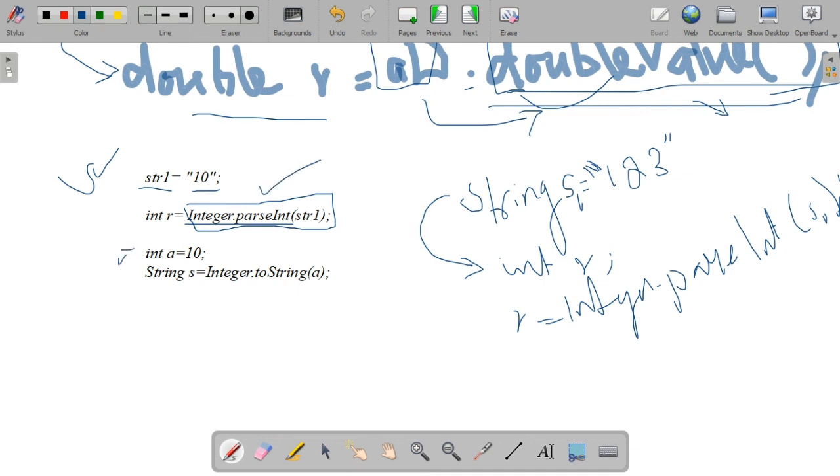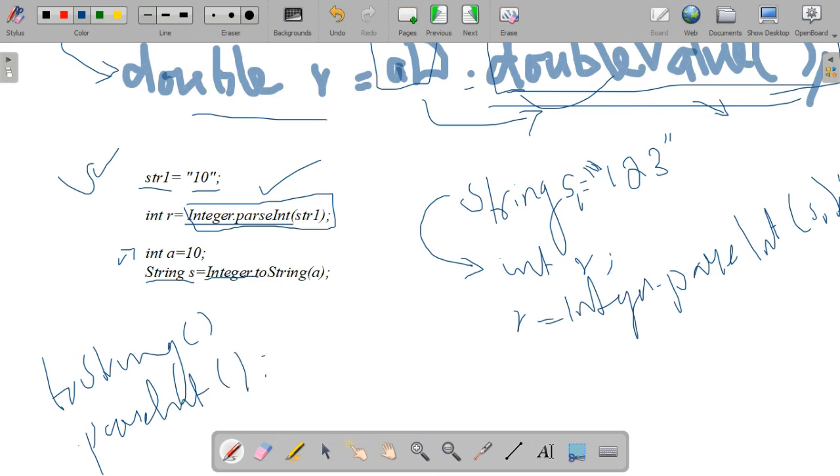In the same way, how do we convert an integer into a string? Integer a equal to 10, and we need to convert it to a string, so string s, another variable we initialize, then Integer dot toString of. So toString of is the method we use to convert an integer into a string, and Integer dot parseInt of means we are converting a string into an integer.